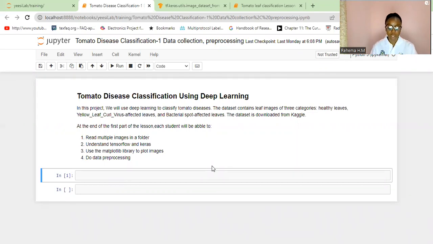of this Kaggle dataset. I've actually taken out some of the images. So I found a dataset that has healthy leaves, yellow leaf curl leaves, affected by the yellow leaf curl virus, and bacterial spot. This is just to show you how deep learning can be used when you want to have models that can identify which type of disease has affected your